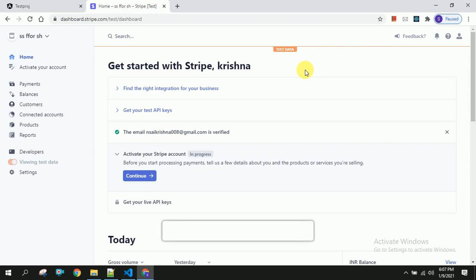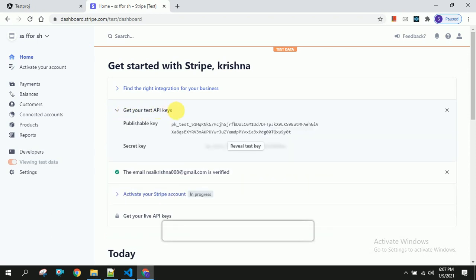As I have already done my sign up and login, you will be able to see this screen or dashboard. You can see the get your test API keys. In this you will be getting this publishable key.